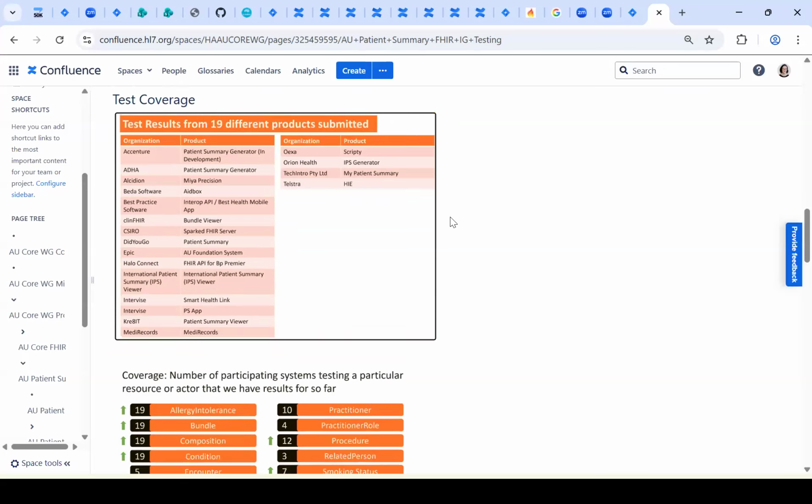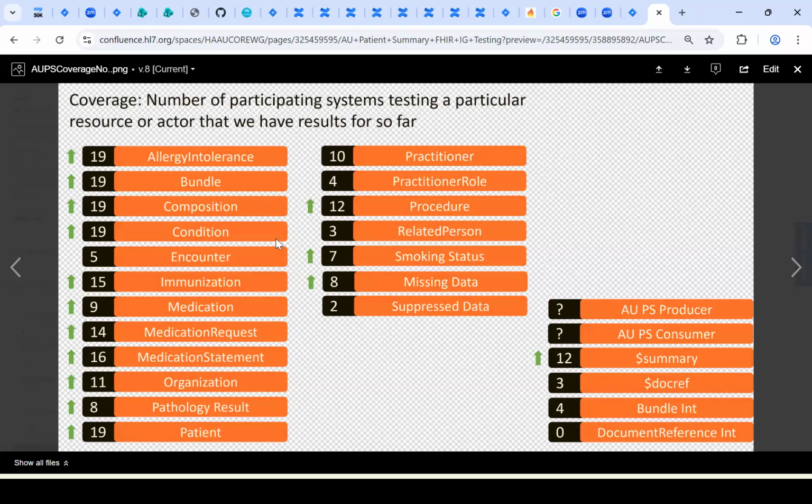Out of this, where we are now, looking at this, for test results, we've got 19 different systems. We had increased system coverage for almost everything, which was really interesting, except for things around practitioner role and encounter. So there's something sort of around that. I think what we're seeing is a really strong increase in what we would call software assembled or device authored patient summaries. And so we're getting additional systems,